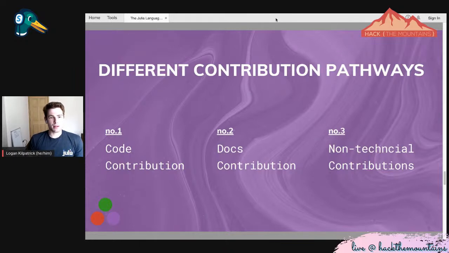Usually the way this shakes out is I just go and read what people have written. I go to a package's documentation, or the core Julia code base documentation, and I just read it. I sit there for 20 or 30 minutes and ask, does this make sense to me? If it doesn't, I spend a little more time trying to understand what's actually happening. If it still doesn't make sense after that, go and open an issue, tell them what you've done, go through what you think they're trying to say, and see if that aligns with what they're actually trying to say. And if it's not, that's a great opportunity to help make that documentation better.